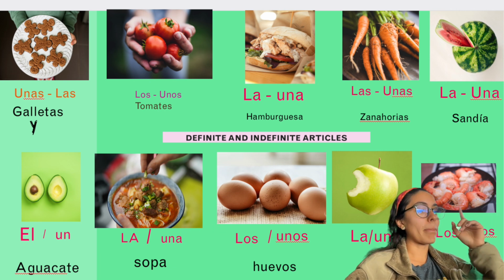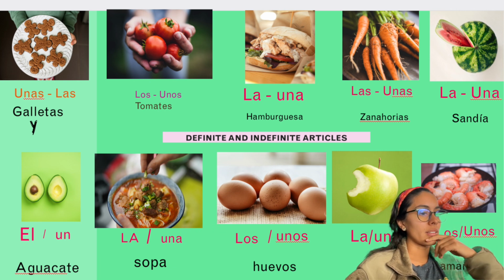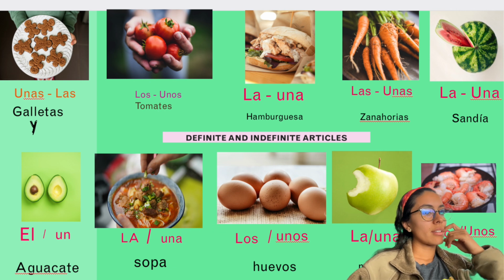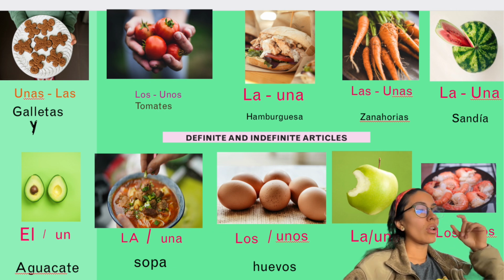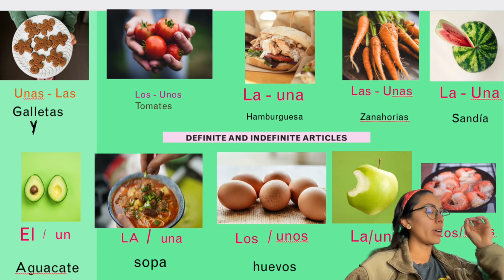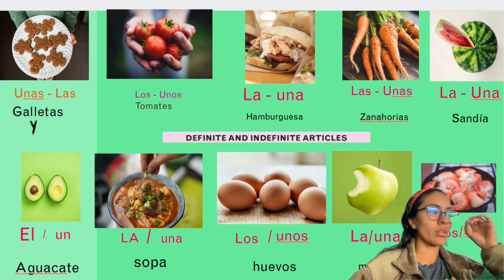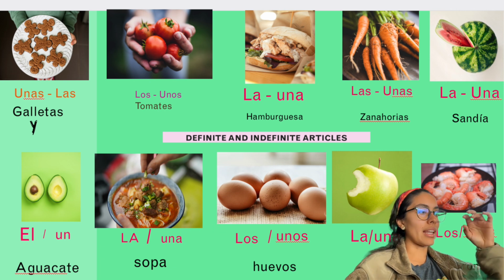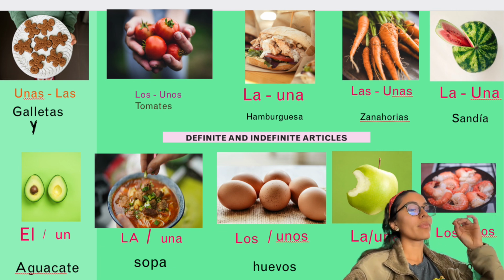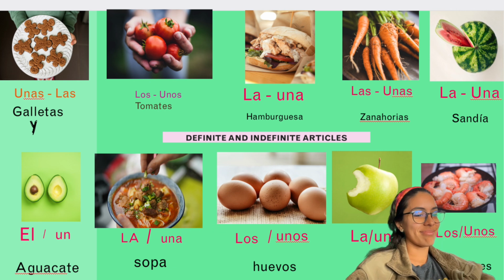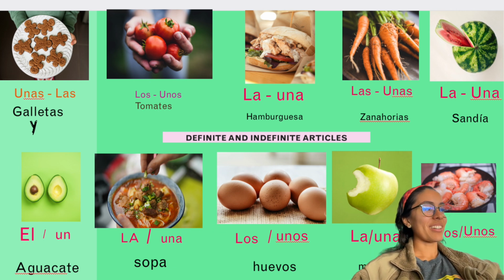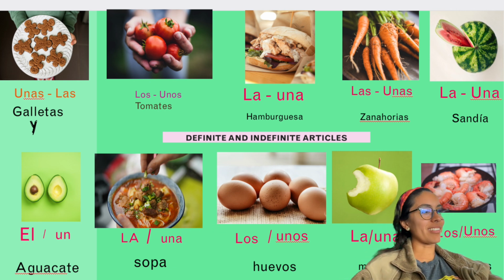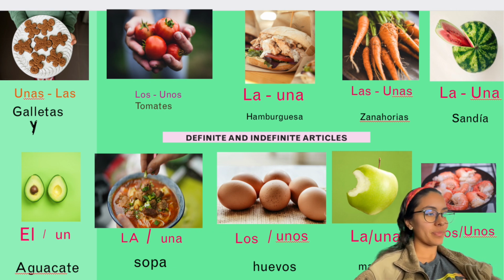Okay, we have many camarones. We don't have one camaron. Okay? So let's try that one again. Mac. Los camarones, unos camarones. Okay, and for the LOS, it's masculine, so it's los and not las. Los. Very good. All right. Next person.